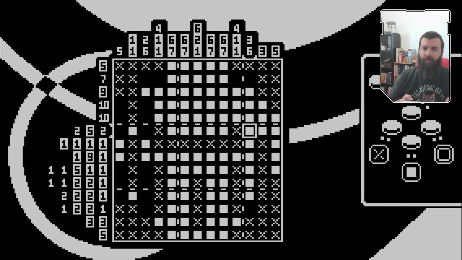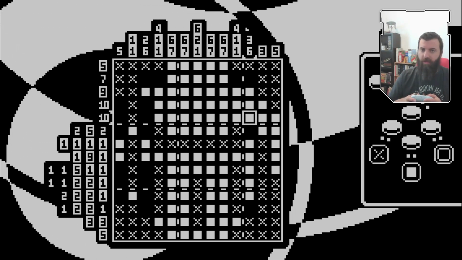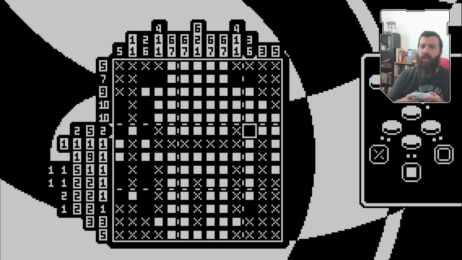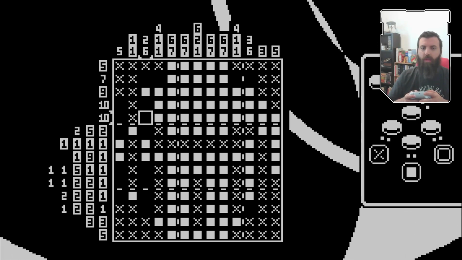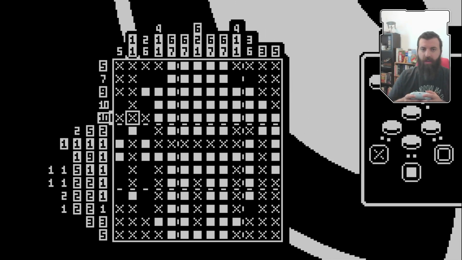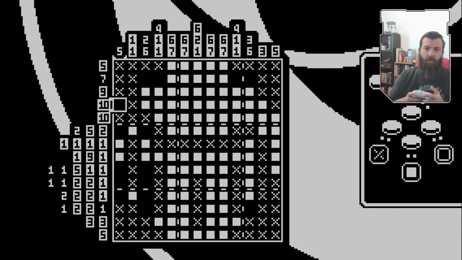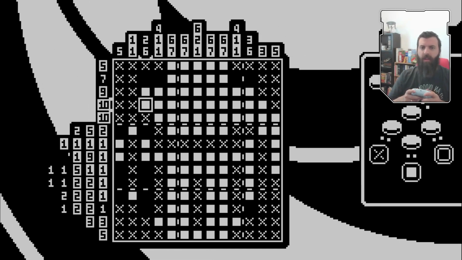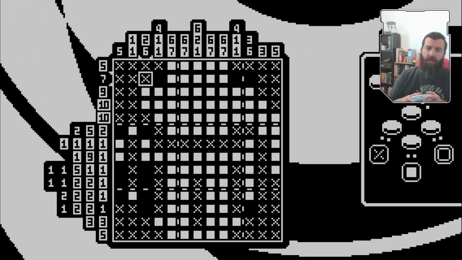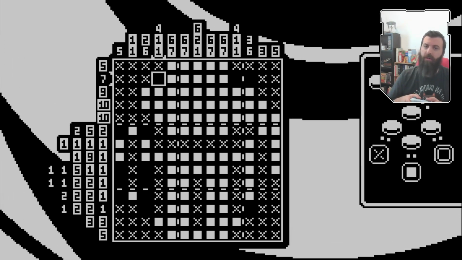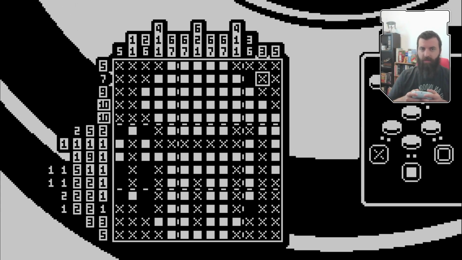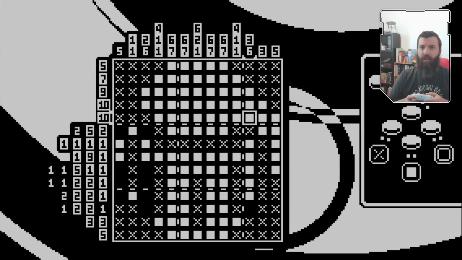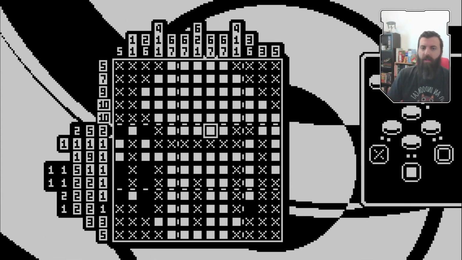These pixels have to be filled in, or that pixel has to be filled in for our horizontal 10. This pixel has to be X'd out for our horizontal 2. That means this row is done. This row needs 1 more pixel. Tells us our vertical 2 here, our vertical 4 needs done. Top third of the